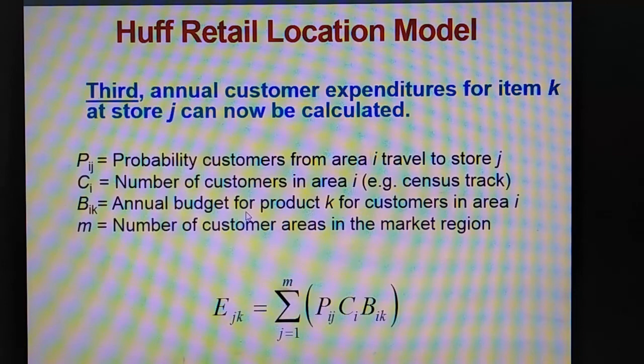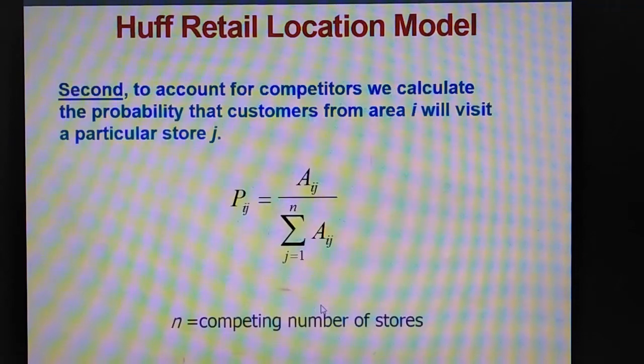The third rule or formula for the Huff retail location model is to consider how much annual customer expenditure, how much customers will spend for item K in your store J. Here is the calculation, in which P stands for the probability of a customer in area I to travel to store J, which is derived from the previous probability formula, which is here,